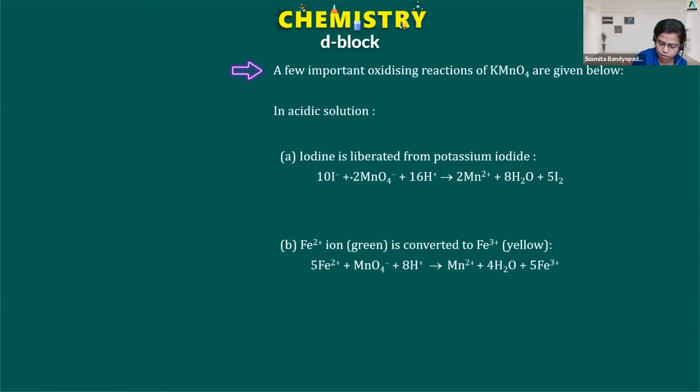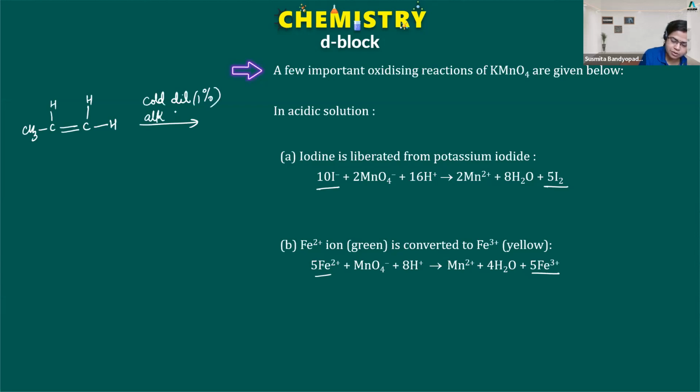Here, KMnO4 is oxidizing iodide to iodine. These things you know, huh? Well, let me tell you then. Suppose I have this alkene. Cold dilute means 1% dilute. Alkaline KMnO4 solution is known as Baeyer's reagent. What will it do? Benzoic acid, I got an answer. Very good for the previous one. This one,